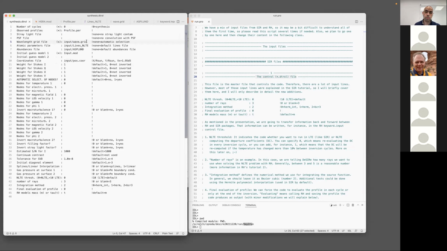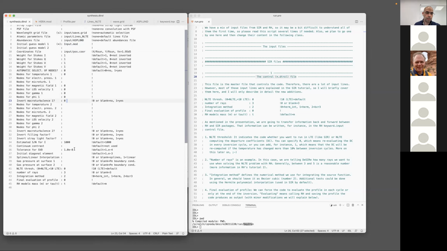The important thing is that we always need a grid file. We also need the information regarding the lines, the abundance, and in this case, synthesis, well, in both cases, you also need an atmosphere. As I said, you can also specify the coordinates where your observation was performed. And then you have this, which is essentially the inversion part. So we are not going to really cover it today. We covered this in detail for the SER course, so we will revise it in the future. But essentially today I want to focus on these new lines that are added and they are exclusive